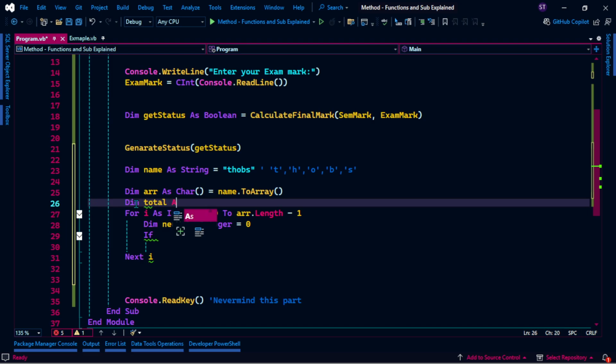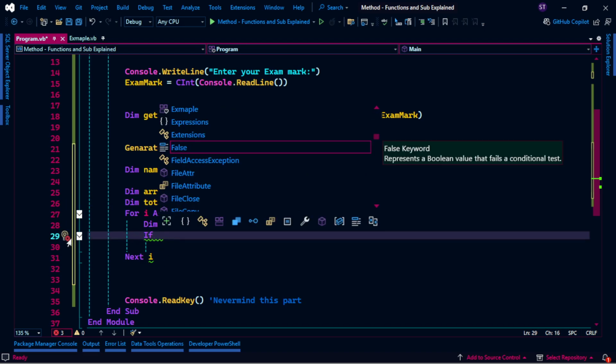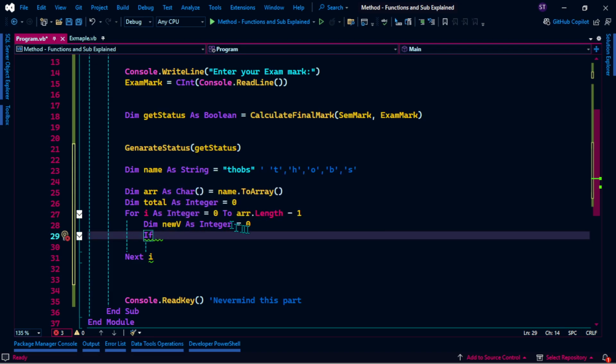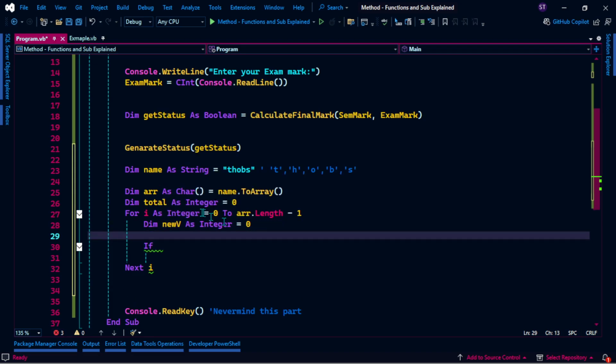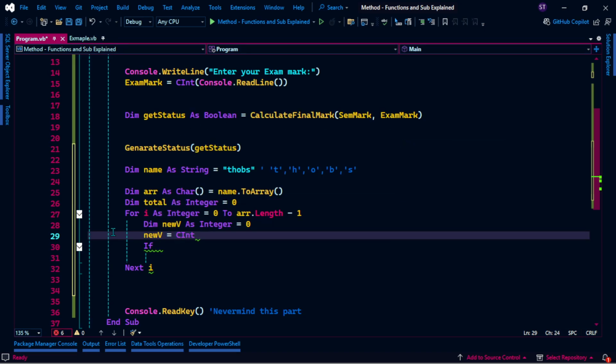Now I'm just telling you guys answers, I think, at this point. But at least I'm not making it nicer. So maybe, I don't know. Let me see this one. If, because I'm supposed to convert what I'm getting. So I'm going to say newV equals CInt and then inside I put array r